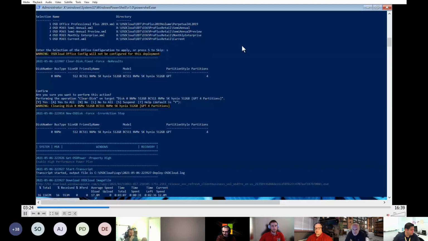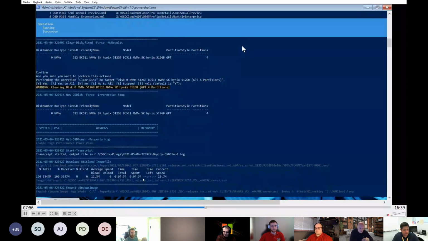And rather than watching this whole process go along, we're simply going to advance further, and we can see once this file is downloaded, it's going to expand the ESD file. Now, an ESD file is a very highly, tightly compressed file similar to a WIM. They take ages to build. If you were to create an ESD file, it will take probably 2 or 3 times as long as it does to create a WIM, but it will be as small as it can possibly be.